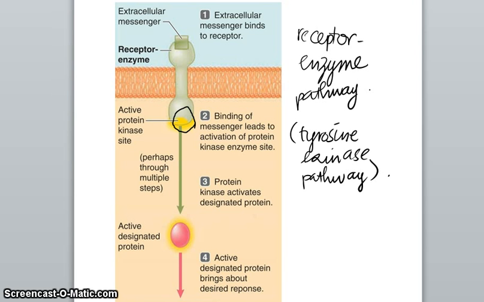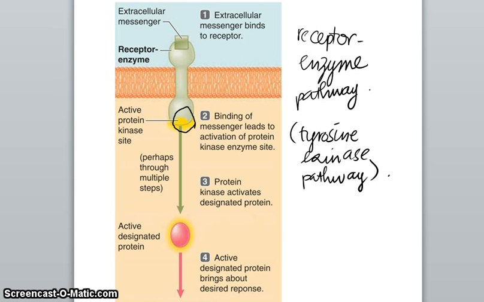So the last way that a cell can relay information from other cells that I'm going to talk about is called the receptor enzyme pathway, or sometimes it's called the tyrosine kinase pathway. And it's called the receptor enzyme or tyrosine kinase pathway because the receptor in this case has a kinase attached to it. So they're denoting that the kinase is part of the receptor protein,